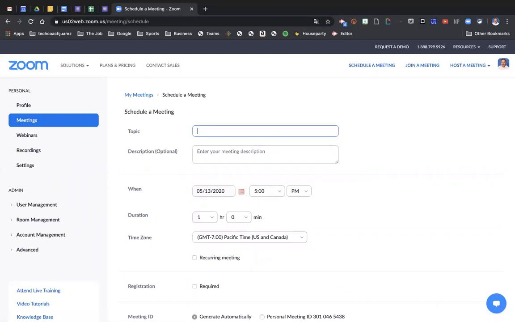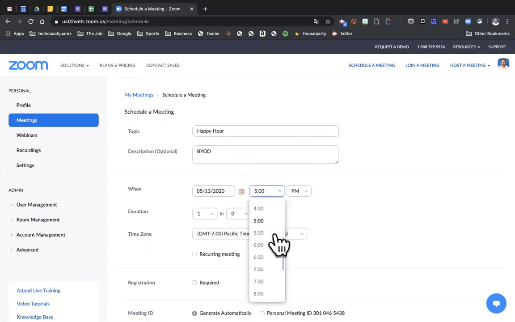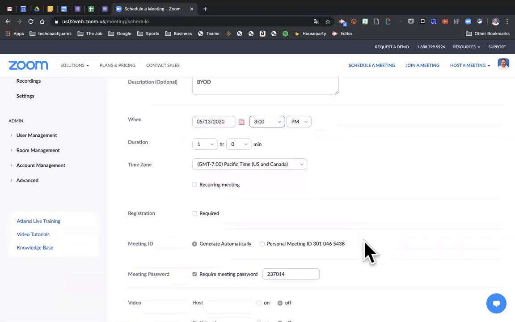And you can give it a name. Let's call this, just for fun, happy hour. And we'll say BYOD, bring your own device. And let's say we're going to make it for 8 p.m. tonight. The default is an hour, but you can change it however you like. As we go through here,